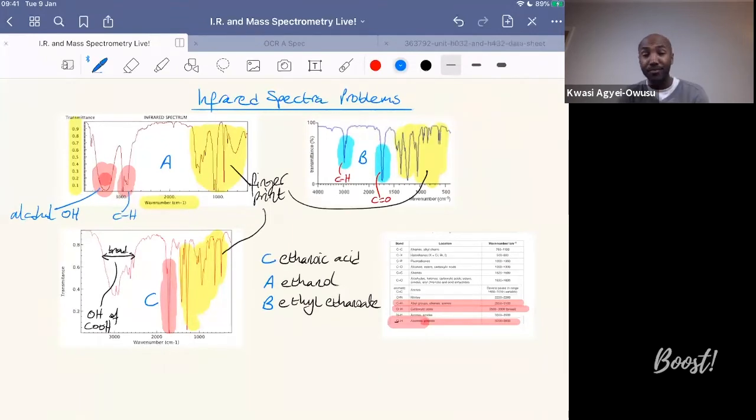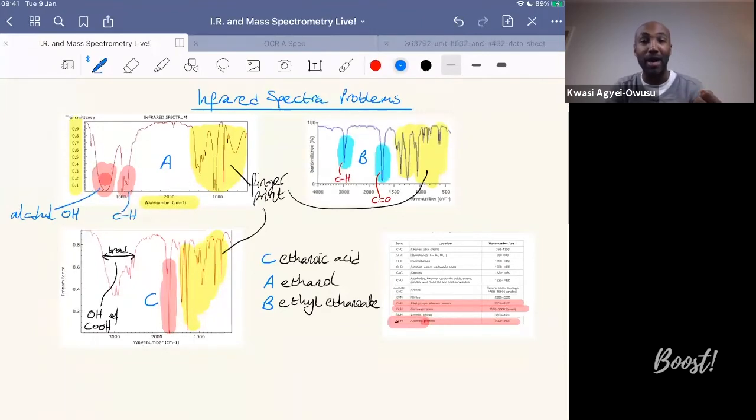Okay, so as far as infrared spectroscopy goes, we want to look at the absorbances above 1,500 wave numbers. Those allow you to work out which functional groups are present, which covalent bonds are significant in your molecule. And when you've done that, you need to then label those absorbances with the appropriate functional group. And if you've got an OH, you need to specify what kind of OH it is. You need to say that it's an OH for a carboxylic acid, or that it's an OH for an alcohol